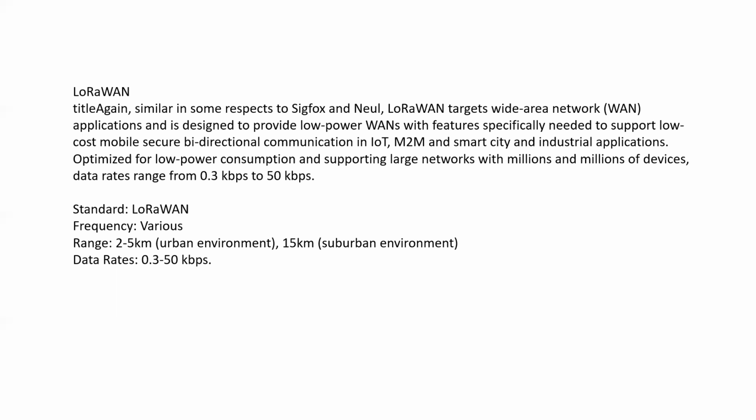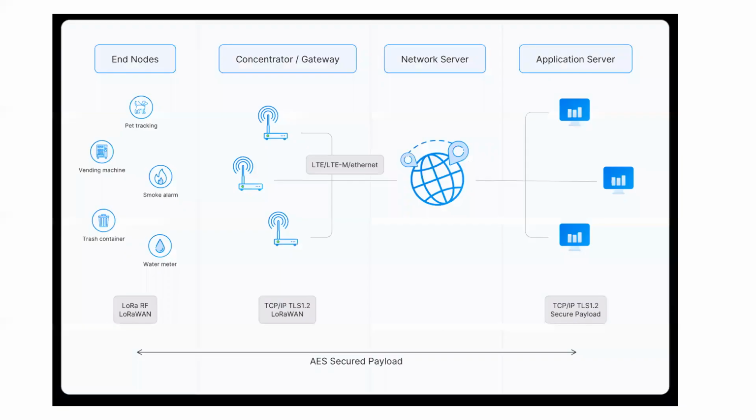So these are the features of LoRaWAN technology. Now, this figure shows the architecture of the LoRa technology, which works in four layers. The first layer is the end node layer. The second layer is the gateway, which is also called as